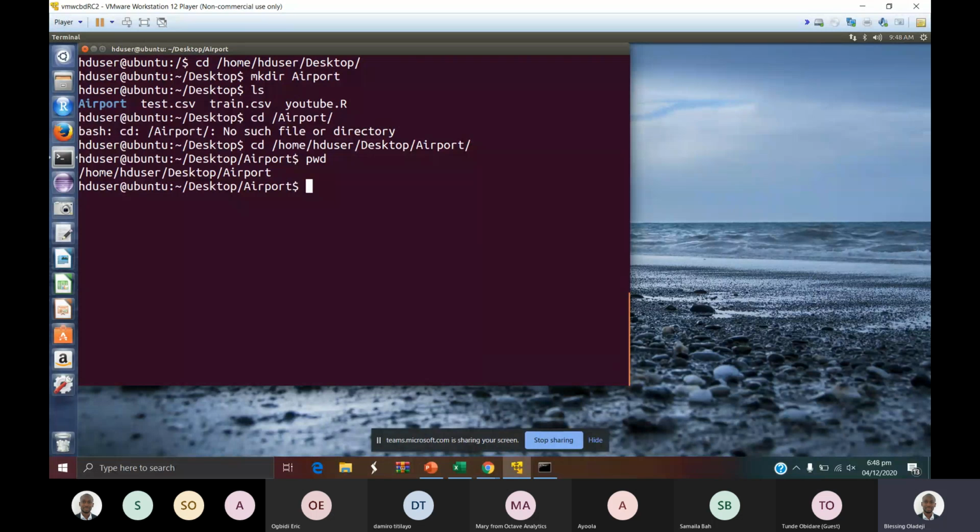But at times, you just feel like, why do I need to type all of this in? It's too long. There's actually another shorter way you can get it done. So I'll do cd minus, for instance. So this is where I was before. I was on the desktop before. So if I just said cd airport,